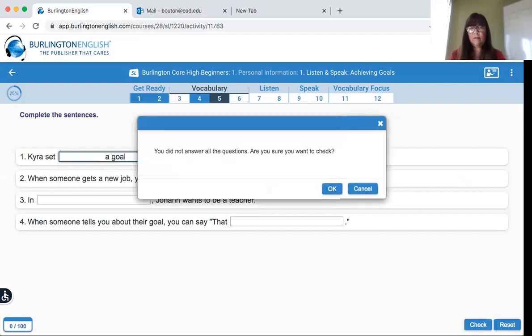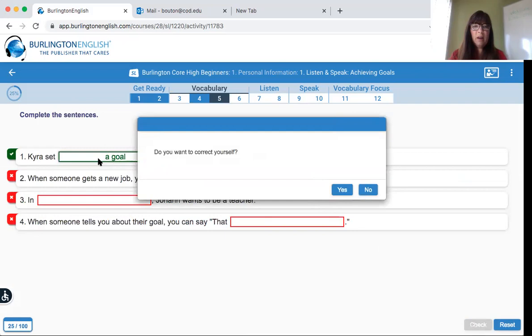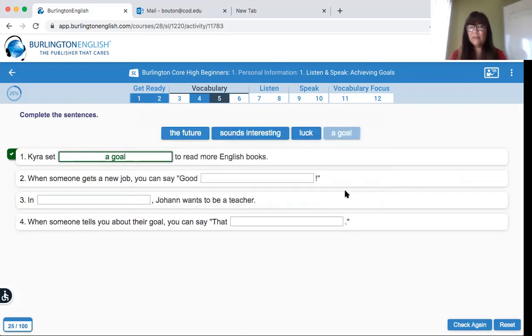Let's check. I didn't answer all the questions. So if you don't finish all the questions and it says check, I say okay, it's going to show me that I've got the first one right, but I don't have the rest. So yes, I can correct myself.